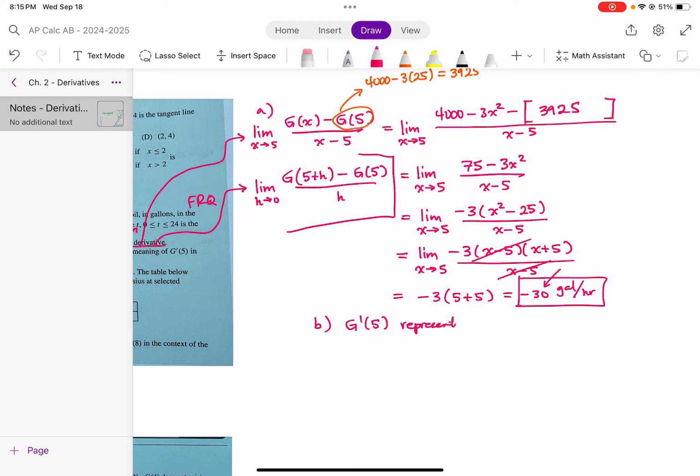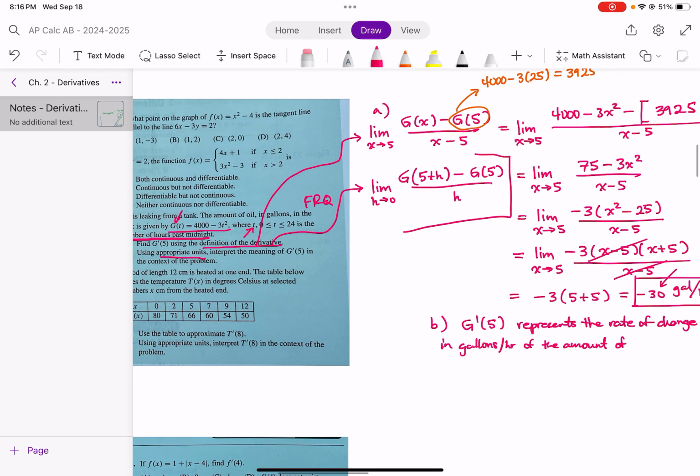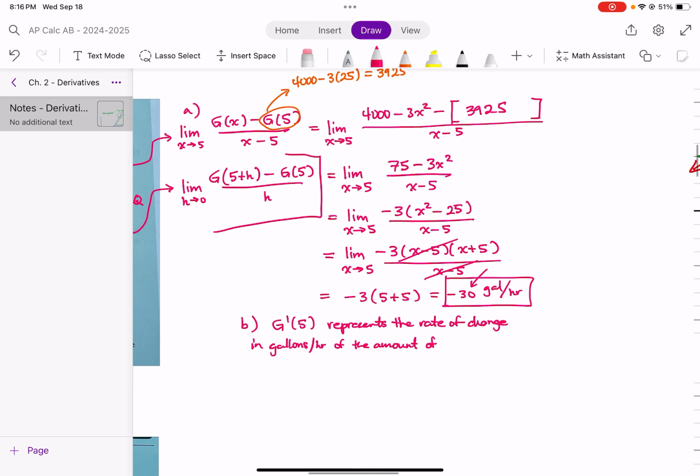represents the rate of change in gallons per hour of the amount of, is this gas? Oil. Amount of oil in the tank at,